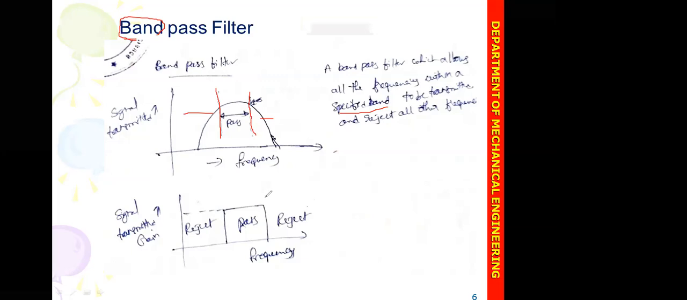See here, only a certain band of frequencies passes, and the other remaining frequencies from a signal are rejected, or eliminated, or deleted, right? So only a certain band of frequencies from a signal are passing or transmitting. And if you see the next one,